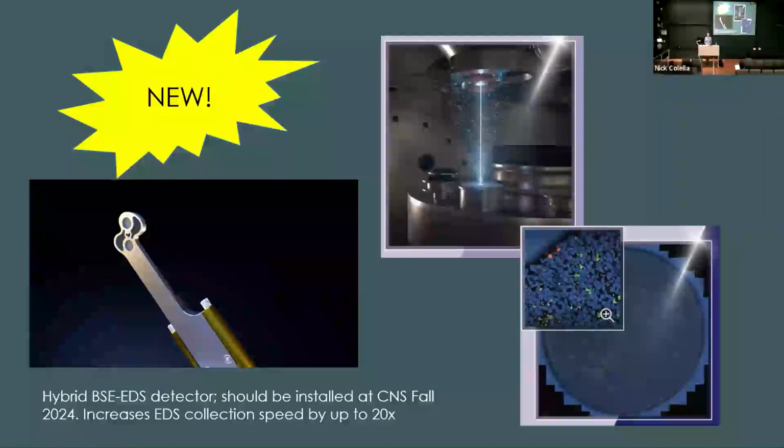It is similar to the type of BSE detector that I showed you in that it comes in and sits right above the sample. And because of that, it has much higher collection sensitivity and can do EDS about 20 times faster than a conventional EDS detector. So you are basically doing EDS mapping, element mapping at imaging speed. So it's pretty cool. If you're interested, come talk to me.